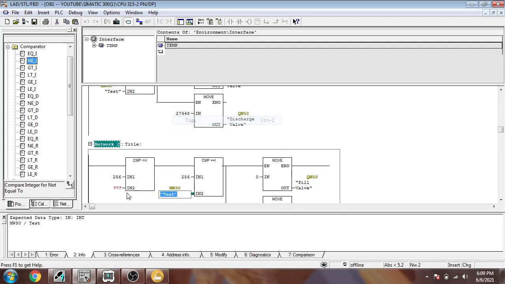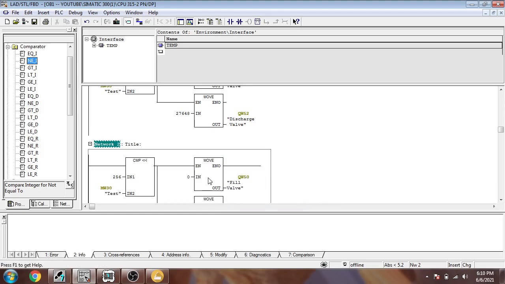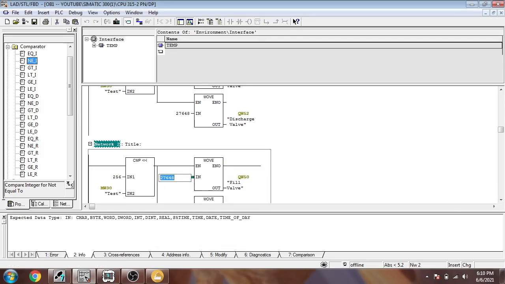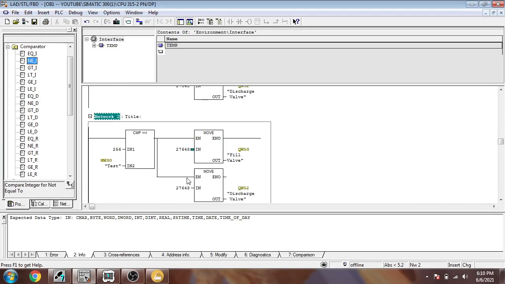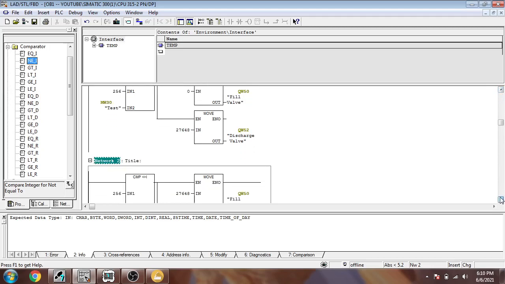Copy there, paste it there. I'm going to delete that one, and I'm going to change it to 27648 to our fill valve, and 0 to the discharge valve. So I think our program is complete, and I am just describing you some two logics.